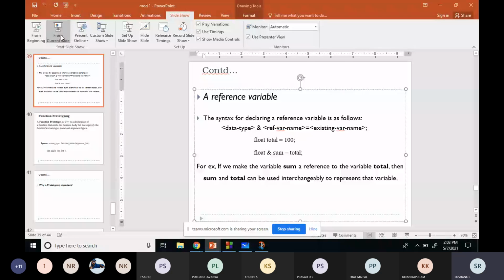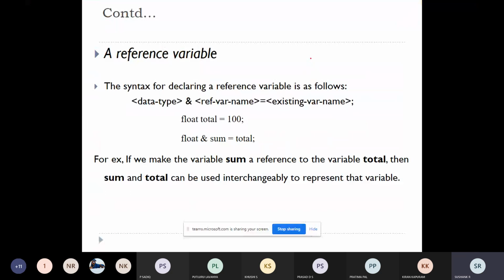See, in the previous example, the first time I wrote b is equal to x, a memory location was created for x and a memory location was created for b. That was the first example. Second example, what happened?